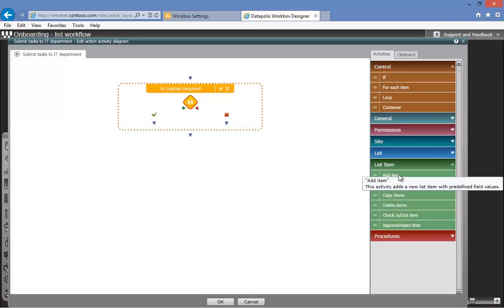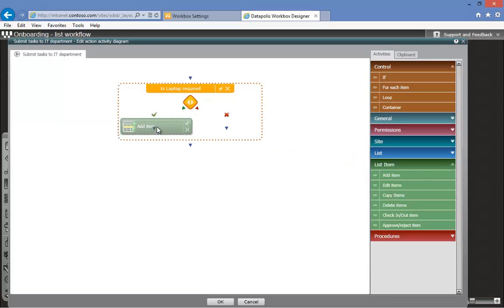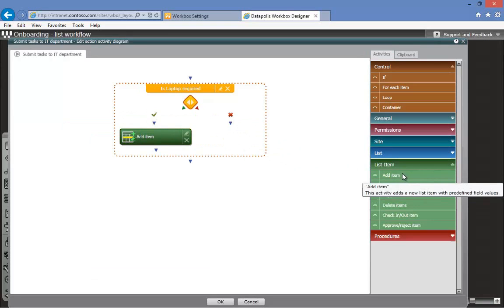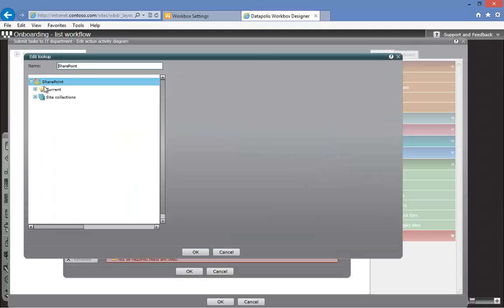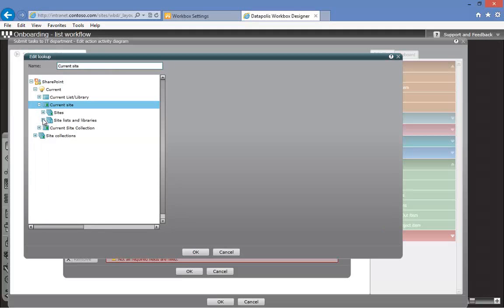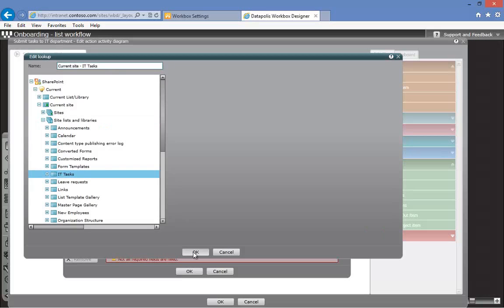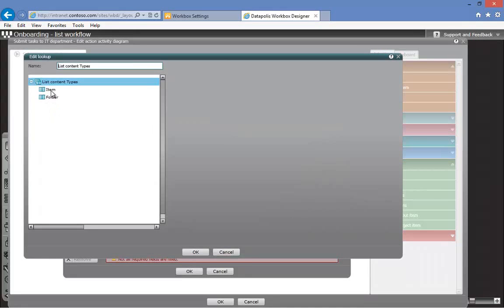we would like to create a task on the list IT tasks. As you can see, we are taking the add item activity from the list of activities. We'll rename it. We will point to which list we want to create the new task. This list is on the same site as our current list, so we need to go to the current site level, select site lists and libraries, and select IT tasks. Now we need to select which content type we want to create from which template. So we are selecting item,